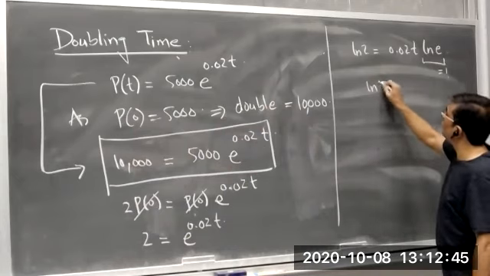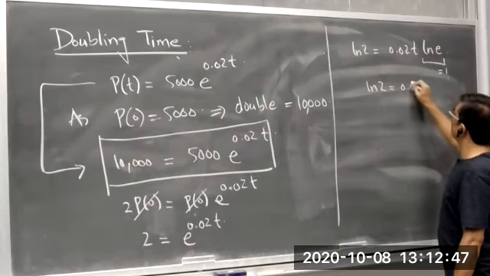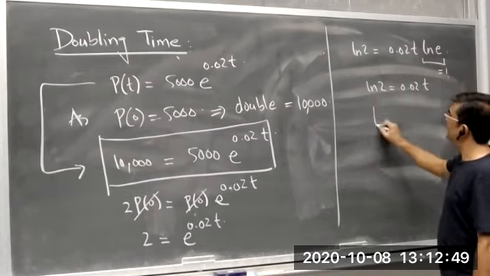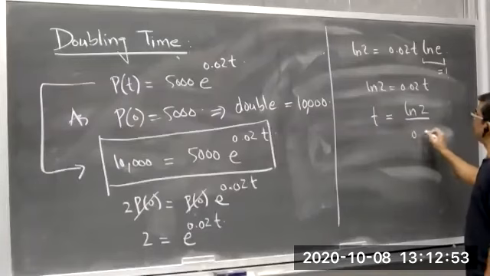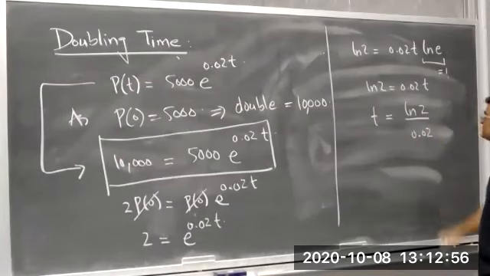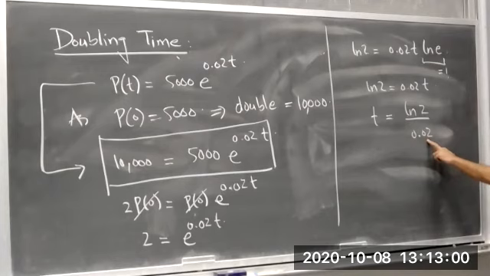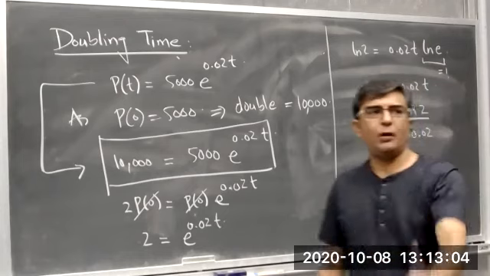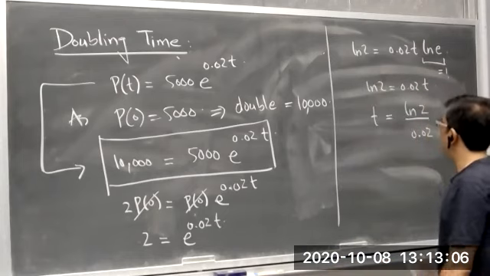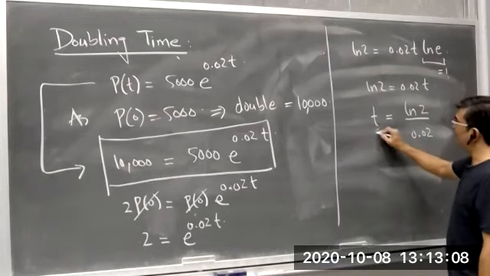Log of 2 is equal to 0.02 times t। यहां से आपके पास t आ जाएगा नेचुरल लॉग ऑफ 2 डिवाइडेड बाय 0.02। Now, what was the 0.02? It was the growth rate of the population, ठीक है।